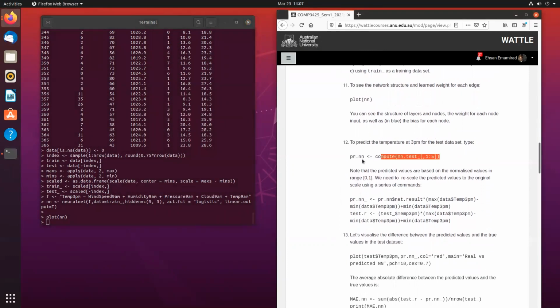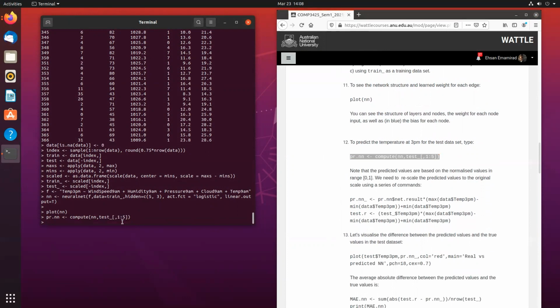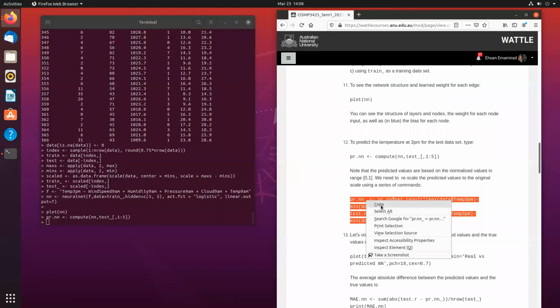Now, to get the actual numbers, you simply use the compute function. You're looking at the first to the 5th variable, which are those variables that we've already defined. And you're using the test data. And if you use this again,